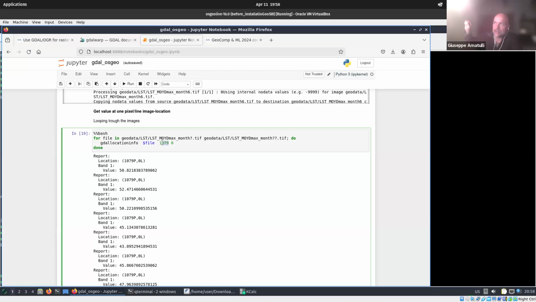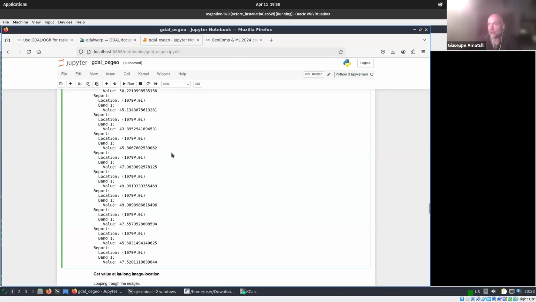Of course, if I want to loop through a whole line, I can loop and increase this, 1, 2, 3, 4, 5, 6, 7, having the X fixed and the Y changing, and I can get the values of one line, okay? So this is very useful for checking the image value at one specific pixel,